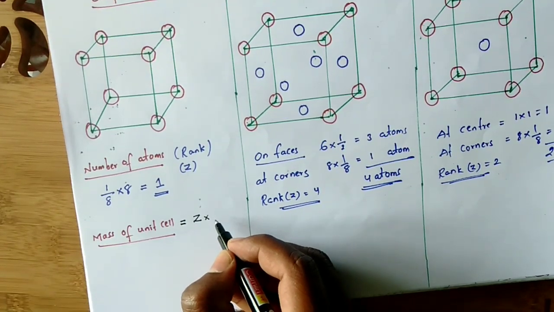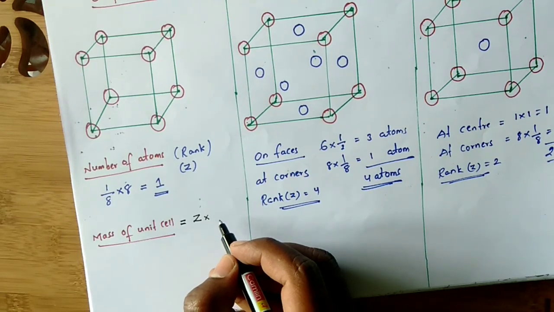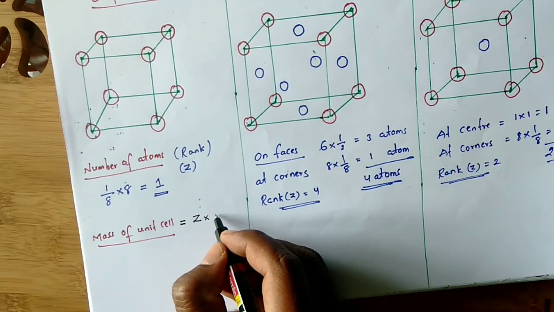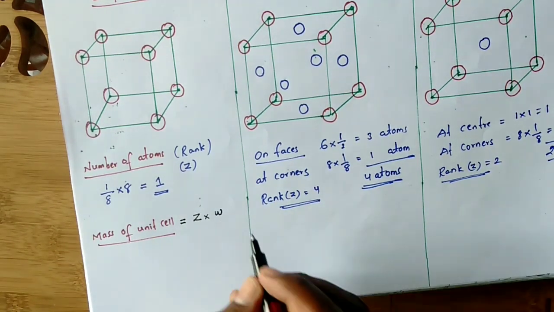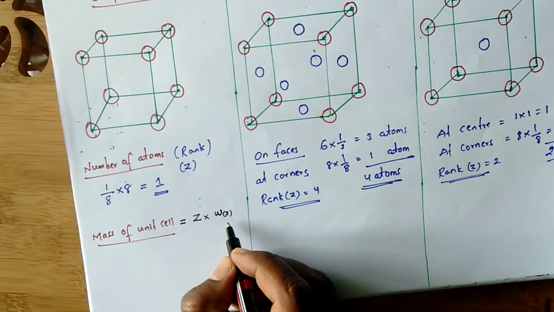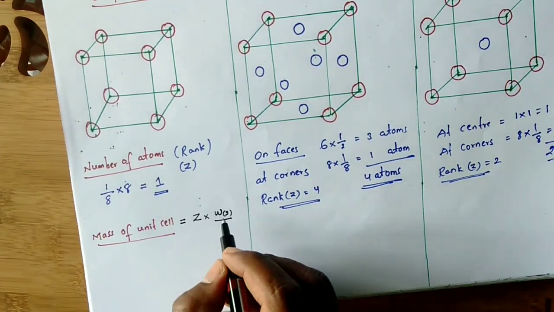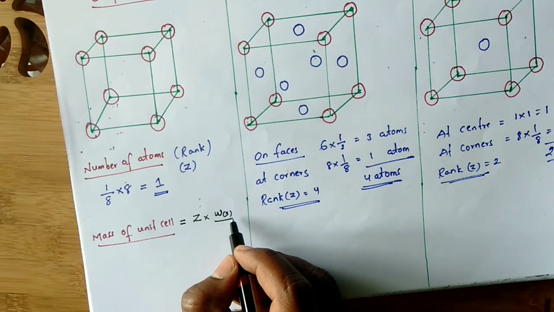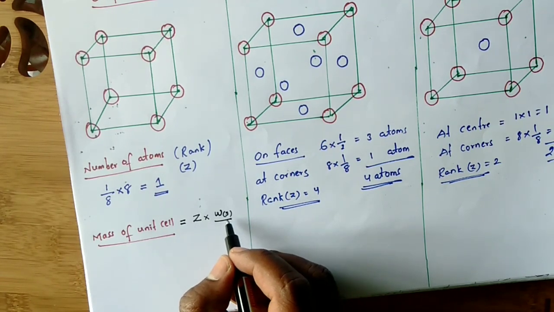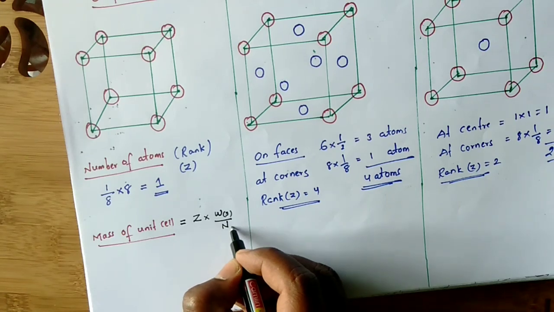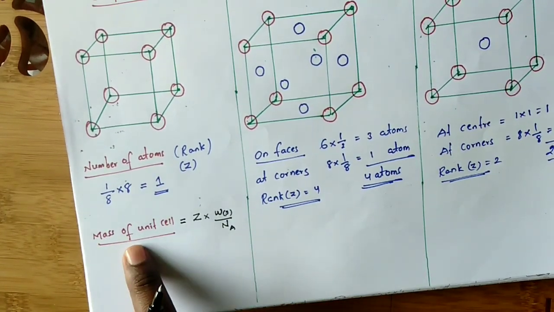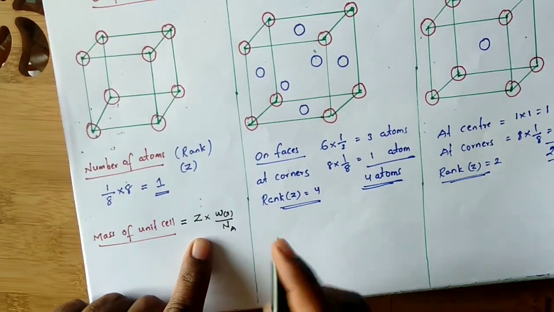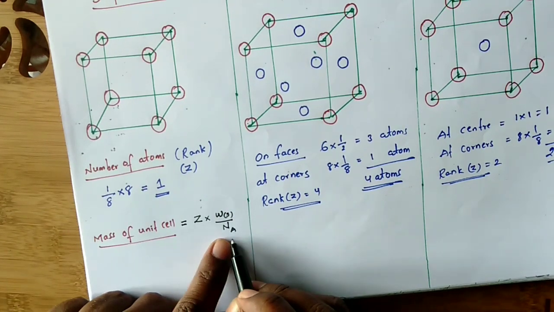So the mass of one atom, whatever the atom it is, it may be sodium or magnesium or whatever. If it is sodium, we have to take 23. Its atomic weight you have to take. Usually this is in grams. If you take the atomic weight in grams, that is equal to Avogadro number of atoms. But we need only one atom's weight, so divide by the Avogadro number. So mass of unit cell is equal to number of atoms into mass of one atom, atomic weight in grams by Avogadro number.